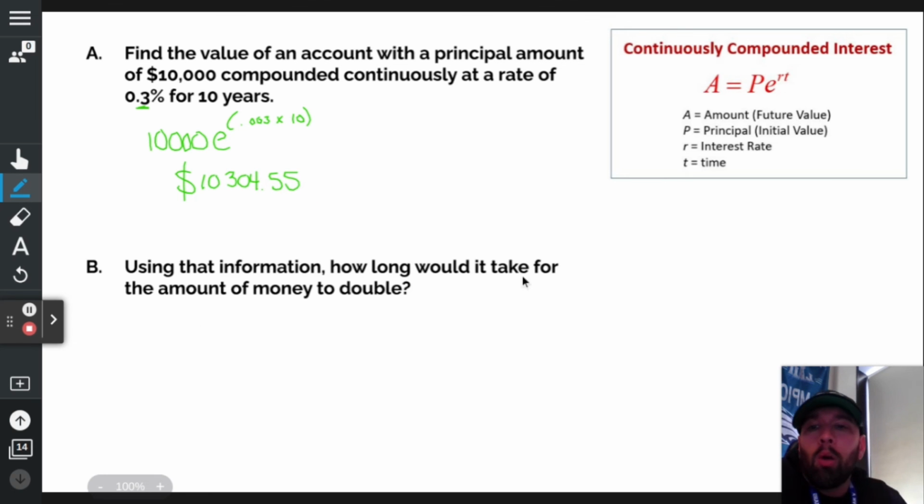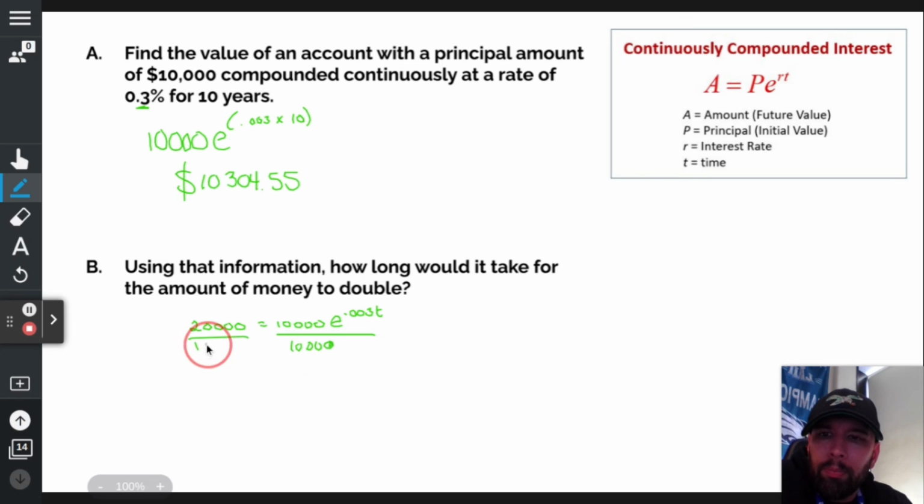Using that information, how long would it take for the amount of money to double? Well, let's set up this similar equation here. If the amount of money doubles, then I'm going to have 20,000 equals 10,000 e to the RT. What was R? 0.003 t. Divide both sides by 10,000. And you become a nice 2. So 2 equals e to the